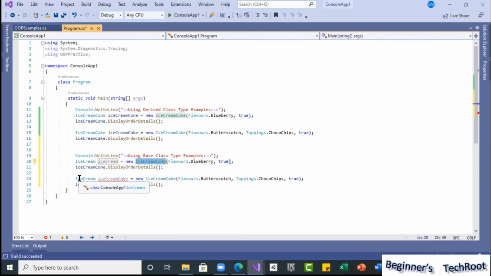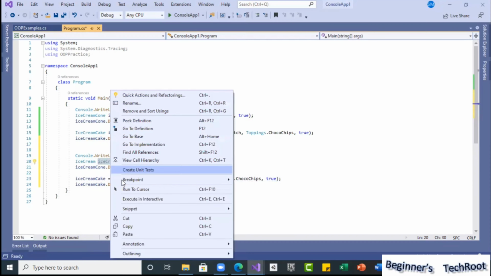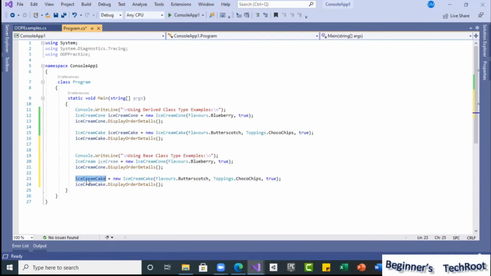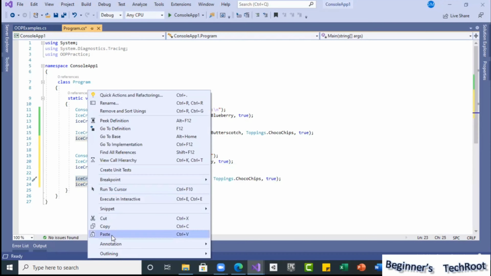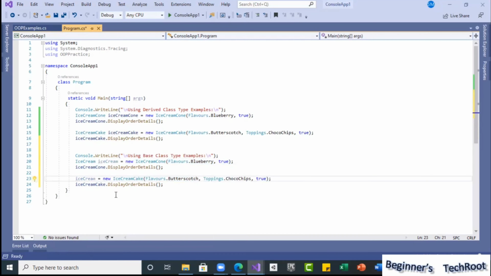Once again, as already defined, we should not define it once again, so I will take the same variable ice cream. In this case, the type is the same ice cream type, but the object I created is an ice cream cake.